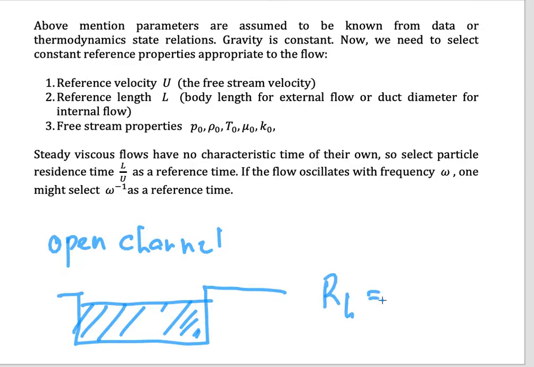The hydraulic radius equation is the cross-sectional area divided by the wetted perimeter. I hope in your research later on in your master study, you may use these dimensionless parameters correctly,